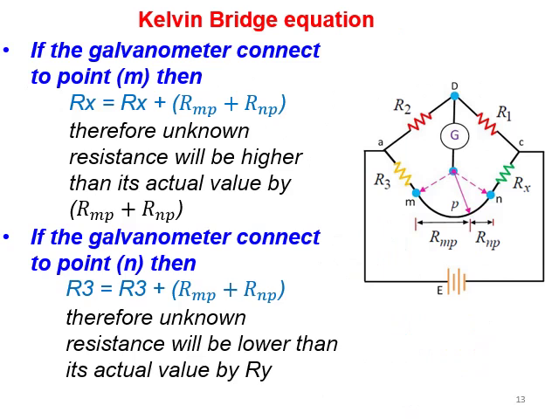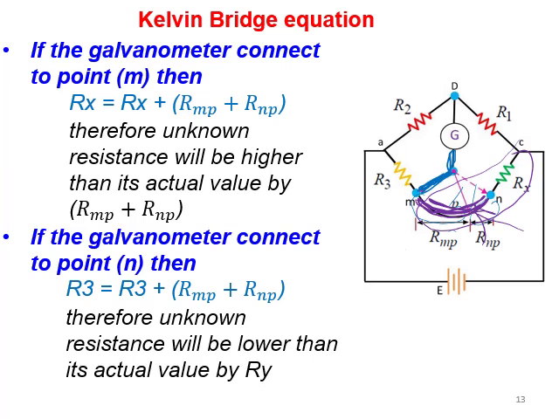Here he's telling us about the random connection of the galvanometer wire, this one. So he's saying if you connect the galvanometer to point M, that means, let me just erase this, the connector will be something like this. This is the connection only, this one. Forget about this wire, forget about this wire. So that's how the connection is going to be. In this case, you are going to find that the resistor between M and N, this part and this part, all this element, as we agreed earlier, has resistance. It's going to be added to Rx,